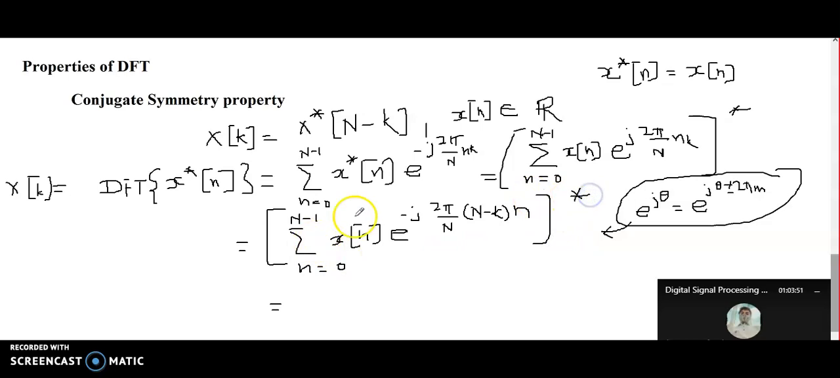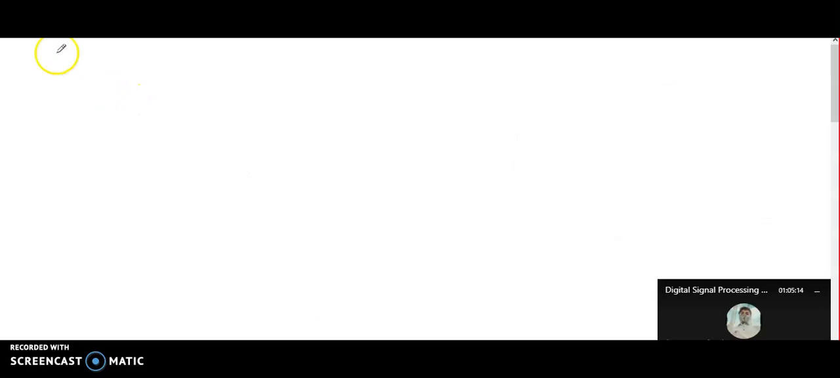So by using definition of DFT we can write it to be complex conjugate of n minus n. Okay, this is called conjugate symmetry property. Complex conjugate property helps. How does complex conjugate property helps? Suppose we need to find out